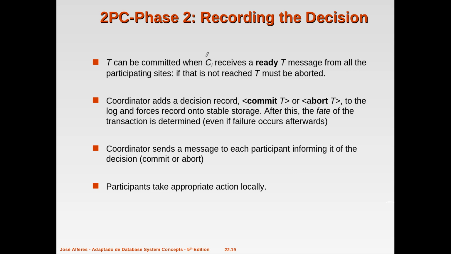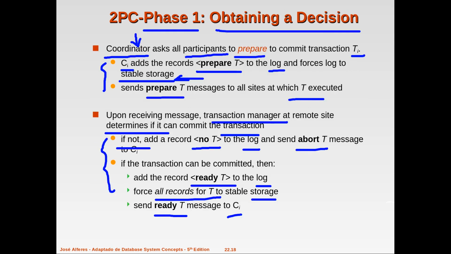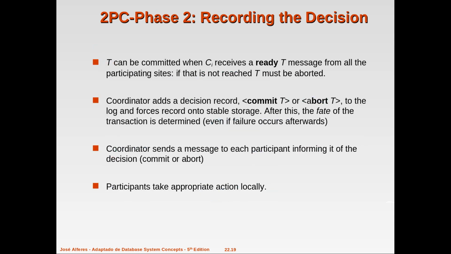Now look into phase 2. Up to now, whatever details are received at the transaction coordinator will decide the final thing, that is obtaining a decision. This decision will be based on those inputs received from the different sites. The second phase is called recording the decision. So after obtaining the information, finally record the decision. What is my final decision by the coordinator? That will be happening during the second phase.